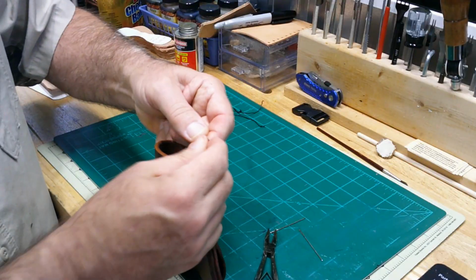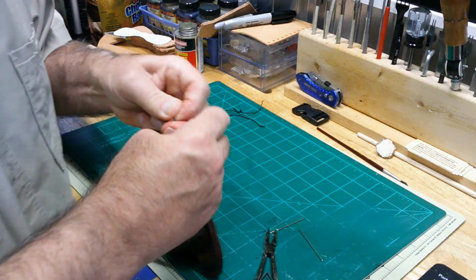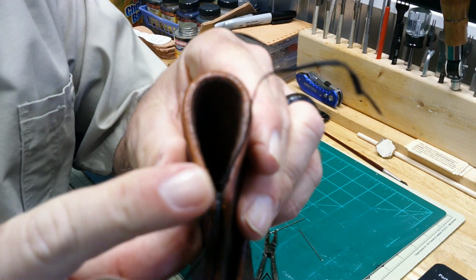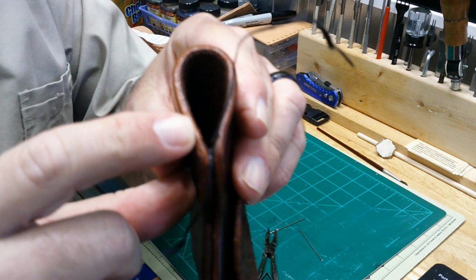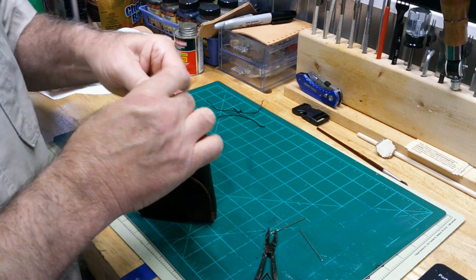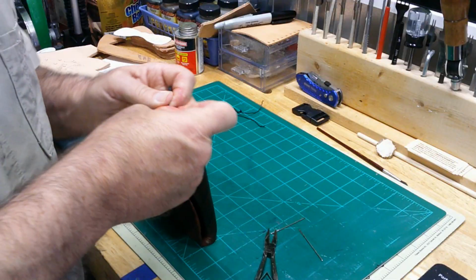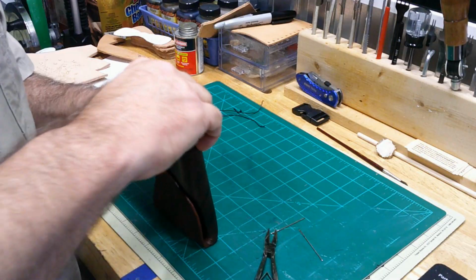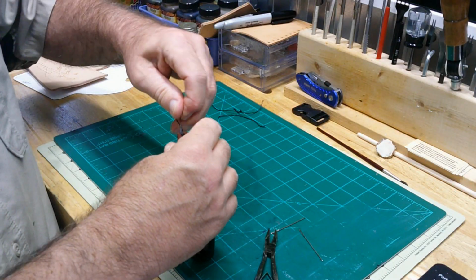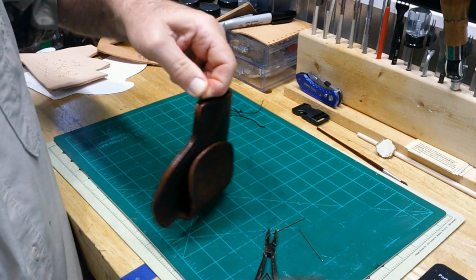Now here's where I'm going to do my granny knot again. And as I pull that down tight, that pulls that down into that V, or right at the end of where those two pieces of leather meet at the end of the holster. So I'm going to pull that down good and tight, pull both of those together, twist it,